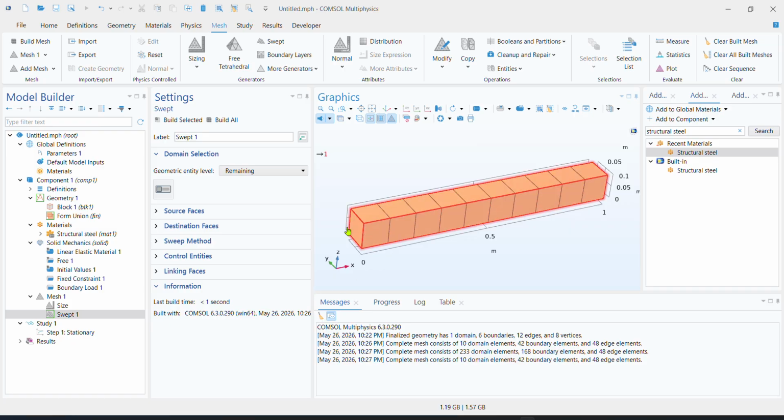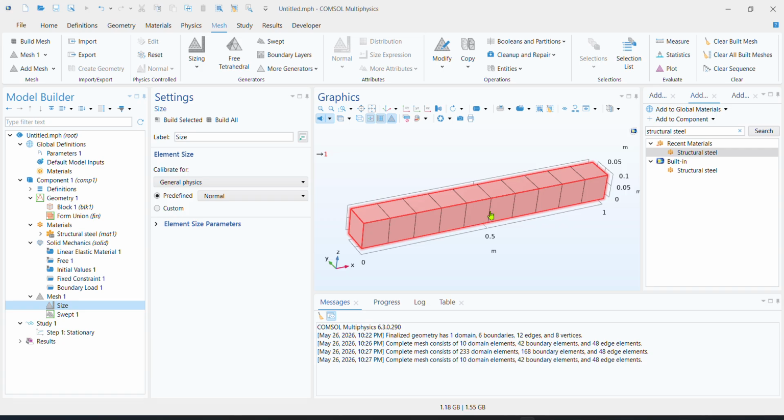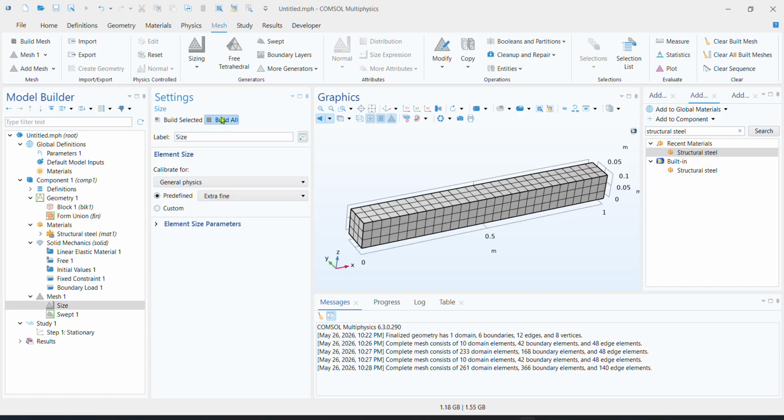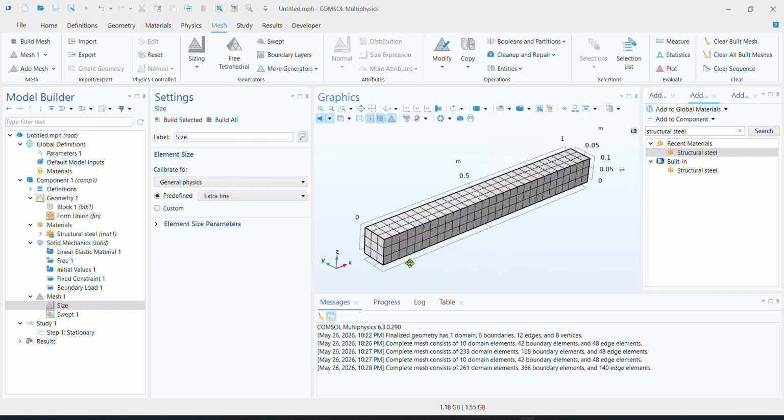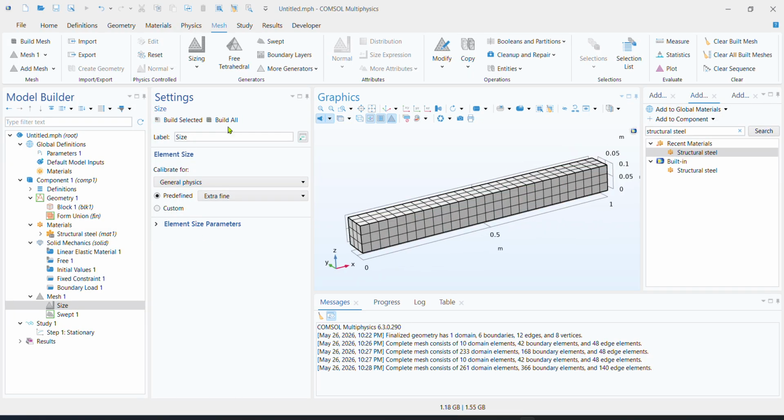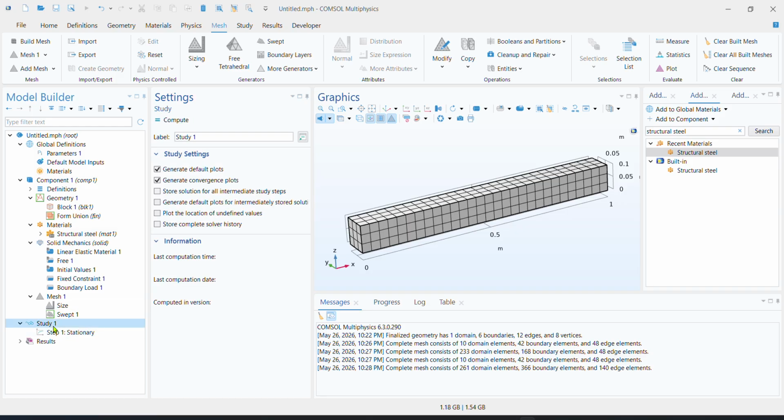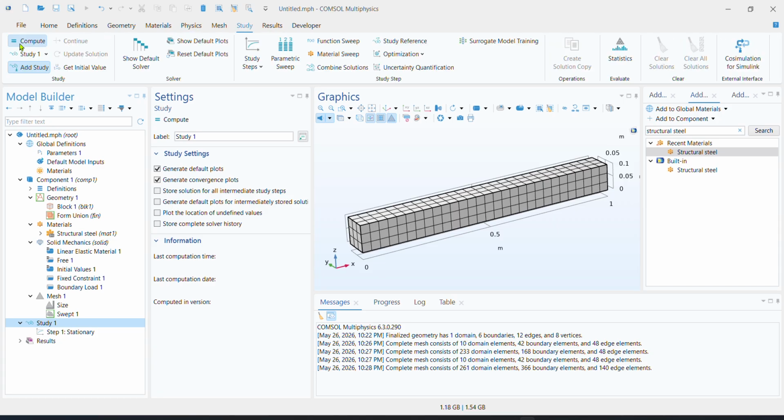And naturally, to do this more accurately, you want the size of this mesh to be as small as possible. We will make it around extra fine. I think it should be enough, but if it's not enough, we will make it extremely fine. For now, I've made it extra fine and I've built the mesh. We can now just click on the study option here and compute. If you cannot find that option, you can click on the study window here and compute,